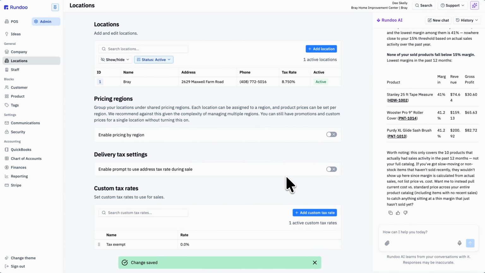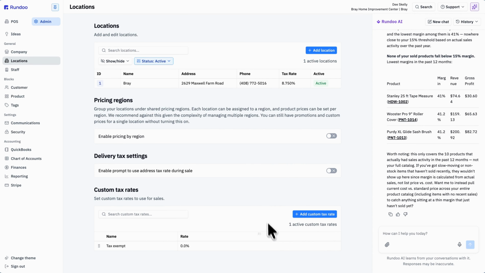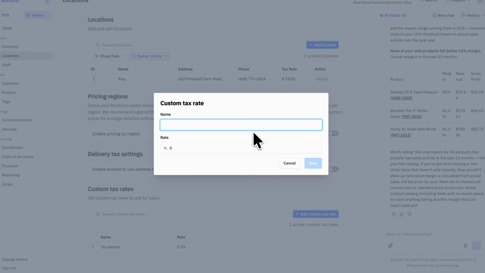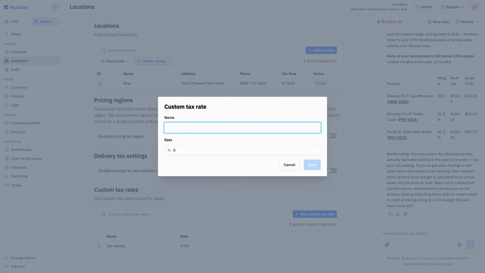And below that, you can set up any custom tax rates you might need, like for a different county or a tax exempt status. You add the rates here in admin first, and then your team can choose them at the counter when they ring up a sale.